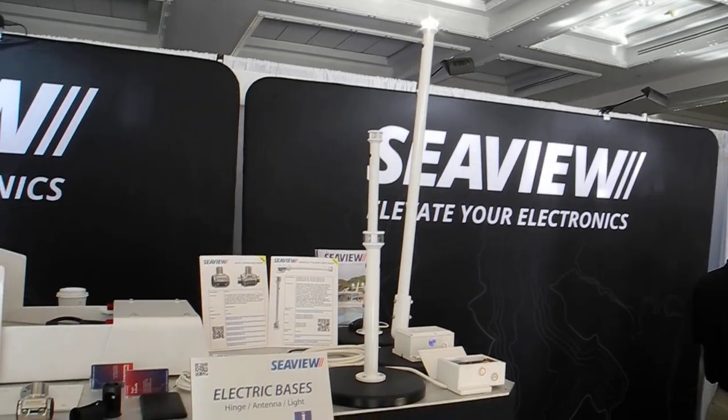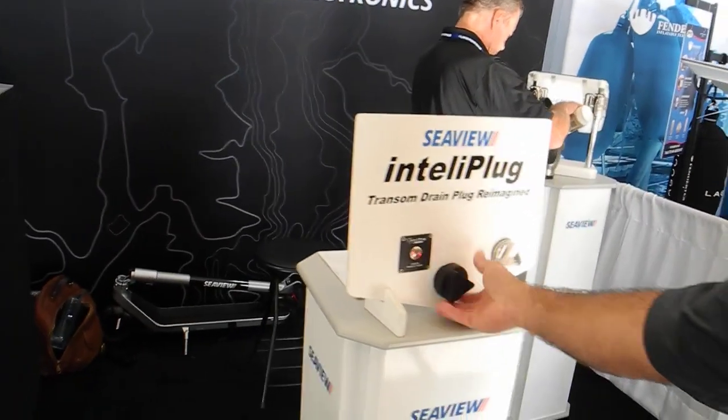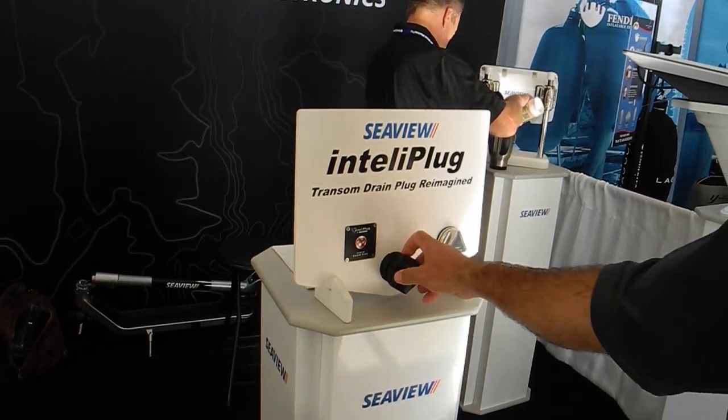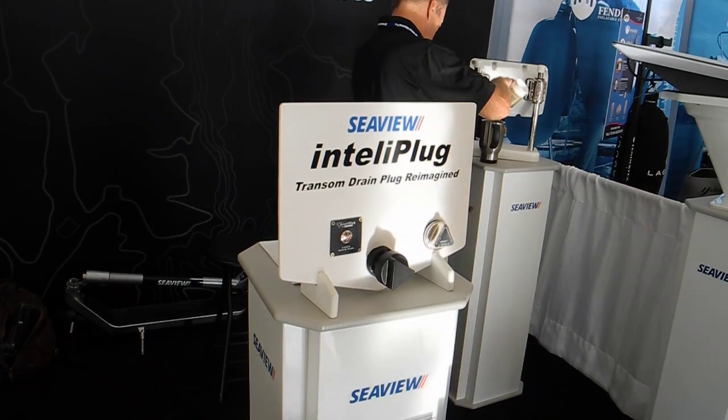The other thing you might want to check out, this new alarm drain plug. So if your plug is open and your batteries are on, it's going to bother you until you...